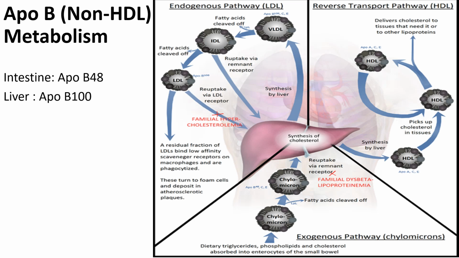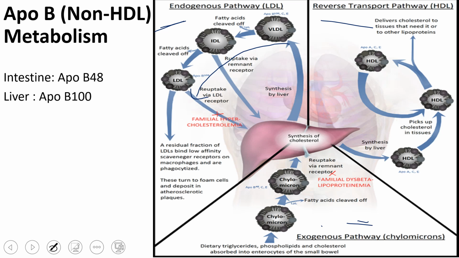Now there are three different types of lipid movement, metabolic pathways. If you see this picture, there are three different pathways. One is called the endogenous pathway, the second is the exogenous pathway, and the third is reverse cholesterol transport. The endogenous pathway is for all those lipids which are synthesized in our body only. These endogenous lipids are synthesized in the liver and transferred from the liver to the tissues via different lipoproteins, that is VLDL, IDL and LDL, which we will see later on.